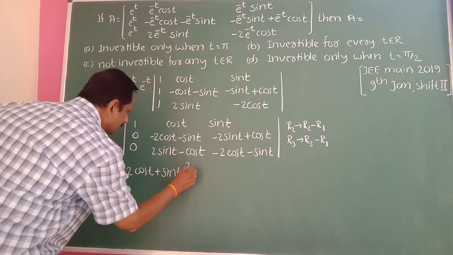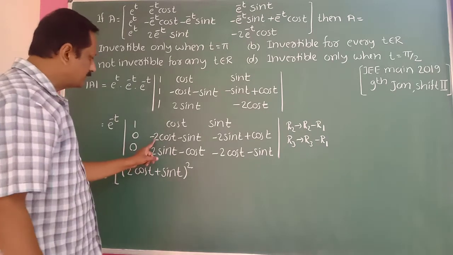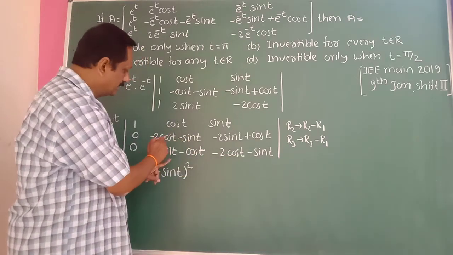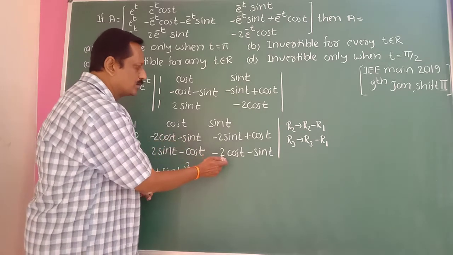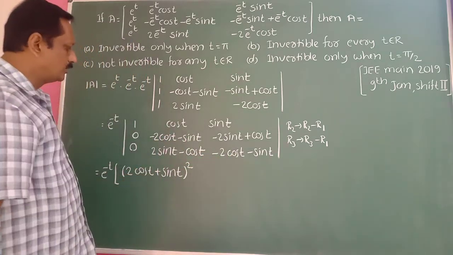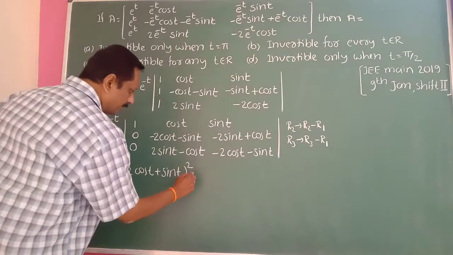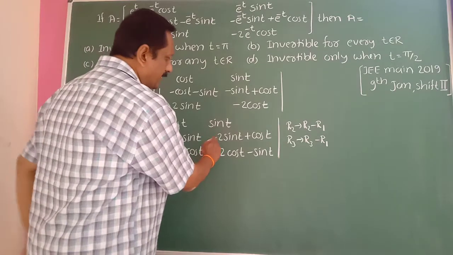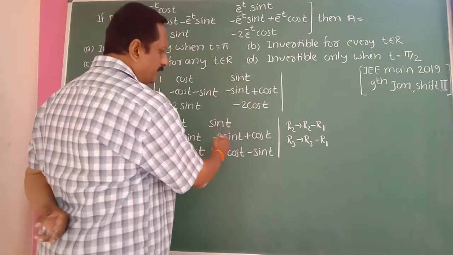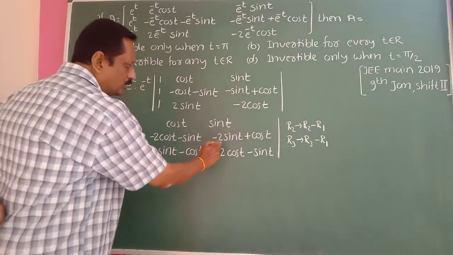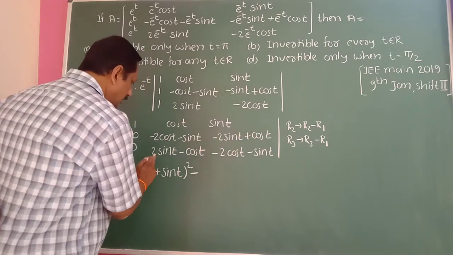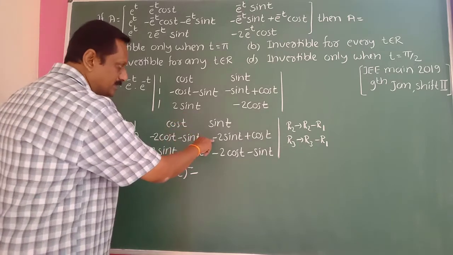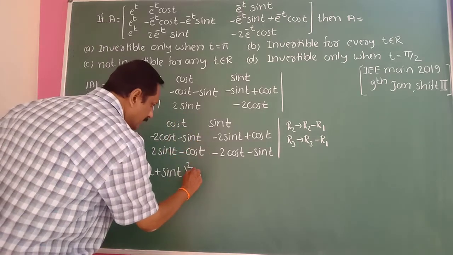It's a square here. But you have to take minus common here as well as here. Minus into minus becomes plus, so 2 cos t plus sin t into 2 cos t plus sin t becomes 2 cos t plus sin t whole square. Then for the product of this term, take a minus common factor; we get 2 sin t minus cos t whole square, and take the minus outside. Minus into minus becomes plus here.